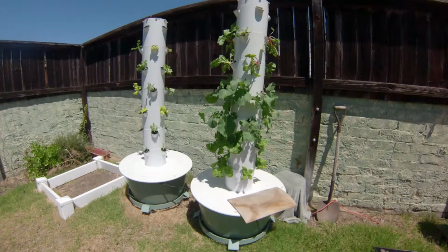area. However, happily, I was proven wrong, and on this first tower that you see to your right, we're actually getting to the harvestable phase for a lot of these plants. So I'm going to go ahead and zoom in for you guys so you can get a really good look, and I'm going to talk about what's going on in both of the towers. All